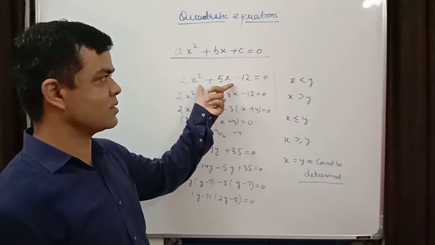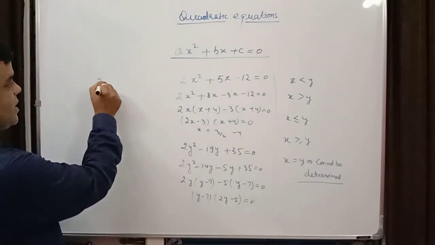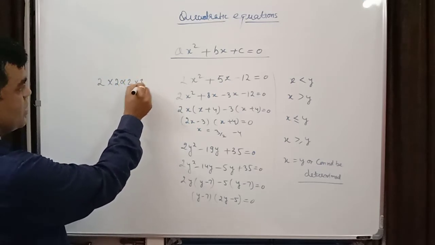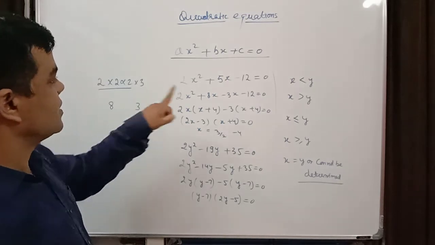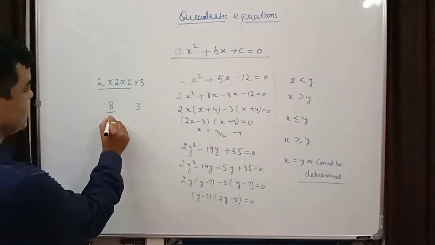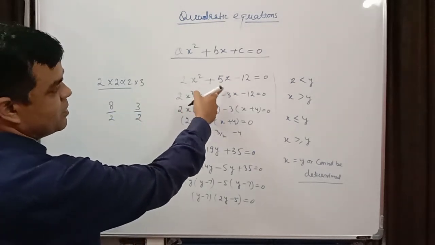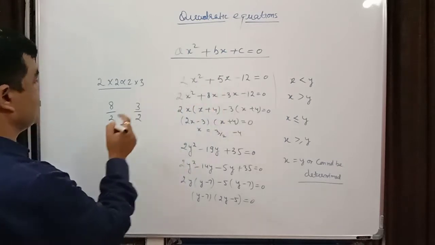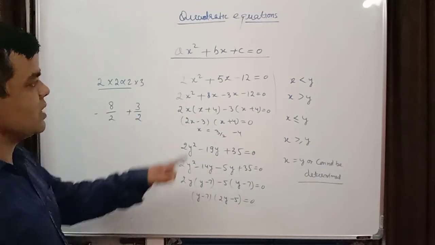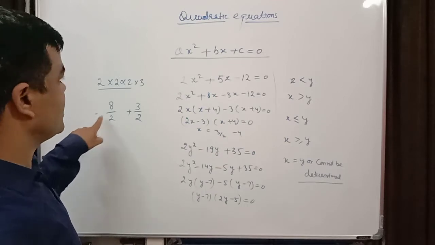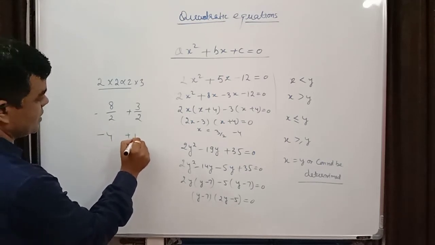Suppose you have practiced this question well. 12 is 2 into 2 into 3, I have already told you. So 8 and 3 will be the factors. Then divide by 2. Both signs here are plus, so one will be plus, one will be minus. The plus sign you take as minus, the opposite, and here you take plus. Here a plus sign has come, so you take minus, and a minus has come, so you take plus. This will be your short trick.